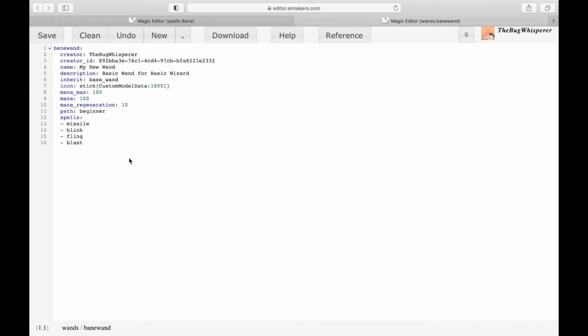It's got the creator. It has a name again, so you might want to change my new wand to Bane wand. We're not going to change the template this time, so you won't lose it. Basic wand for a basic wizard. There can be spaces in there. This is just the friendly name. And then the description could be whatever you want, but probably basic wand for basic wizard isn't quite right, but maybe just like something short. Bane. Okay, so